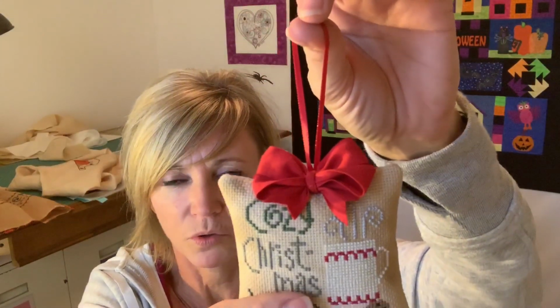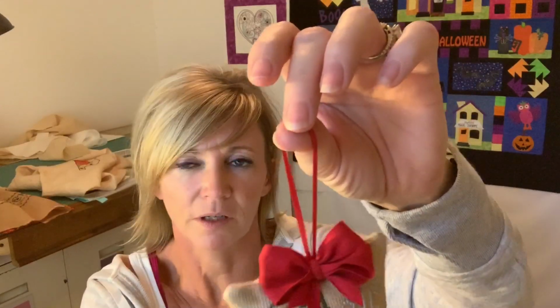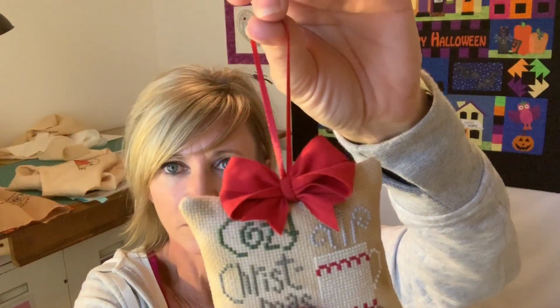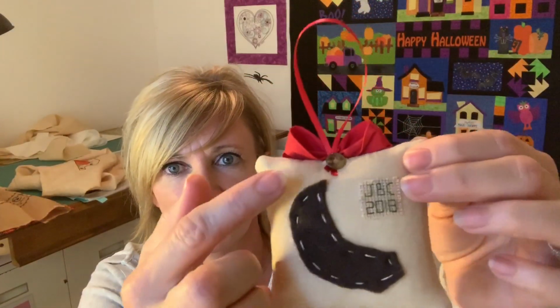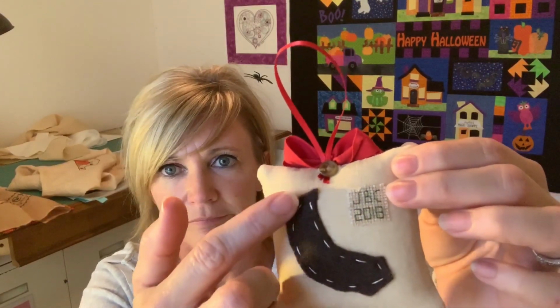She has a little bow tutorial video. It actually wasn't her video, but she included it in her playlist. So I made that bow, super simple. And this is the back. That was the felt that I got. I just cut a slit back there to put the